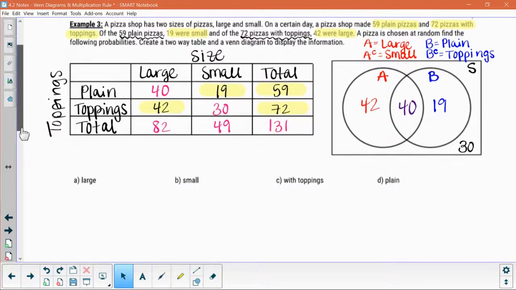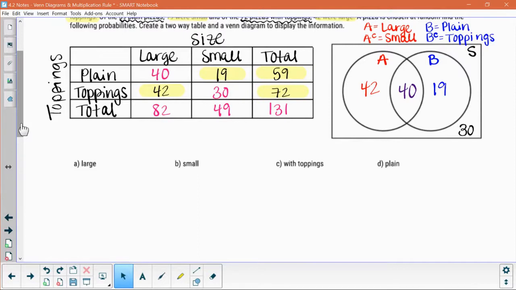So I'm going to go through the first couple kind of quickly because they are very basic probabilities. So I have the probability of A because I want a probability of a large pizza. So all I have to do is take my total count from A, so 42 plus 40, which is 82 over 131, which is approximately 0.6260. And then I want the probability of a small pizza, and that's going to be represented by A complement, and that's just going to be everything outside of the circle A. So that's going to be this 19 and this 30 added together, 49 over 131,